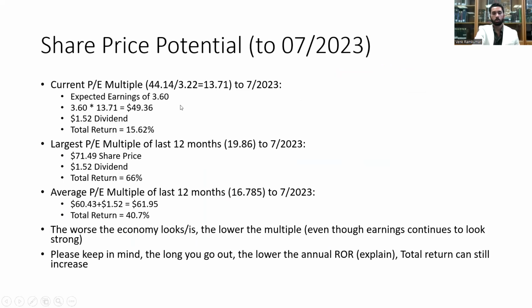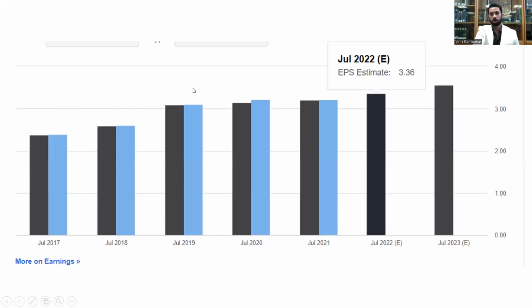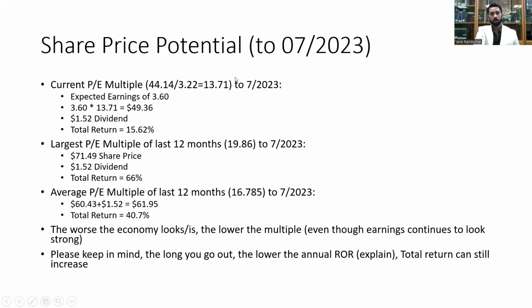Okay, so what am I doing though? I'm taking the same PE multiple that I have right now, $44 per share, 44.14 divided by 3.22 for the prior year earnings right here, 3.22. I get a PE multiple of 13.71. That's the current valuation. Now, if Cisco stays at the current valuation and it hits its earnings of 3.60, okay,